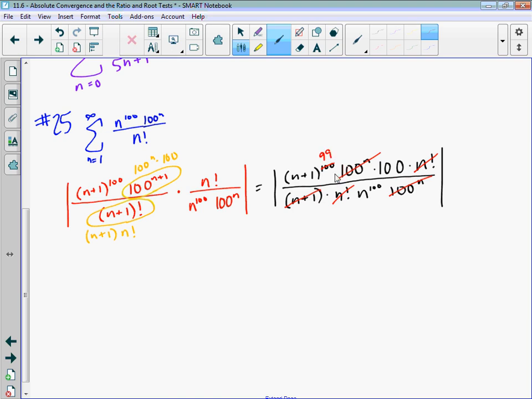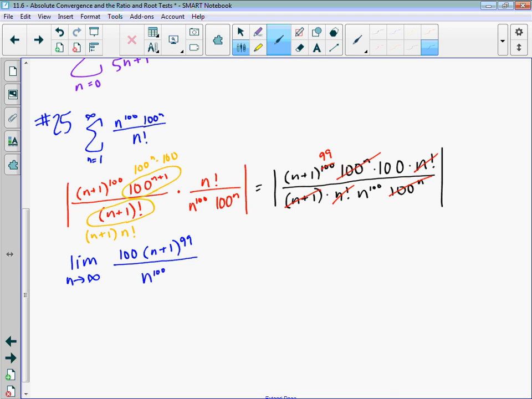Okay. And then we're going to take this, and we're going to take the limit. Now, do I need absolute values around it? I shouldn't, right? Because everything there would be positive. So I'm okay getting rid of those absolute values here. So I've got the limit as we're going to infinity. And now this here isn't going to be written super mathematically when I get to my next step, but I've got 100 times (n plus 1) to the 99th, and then in the denominator, I've got